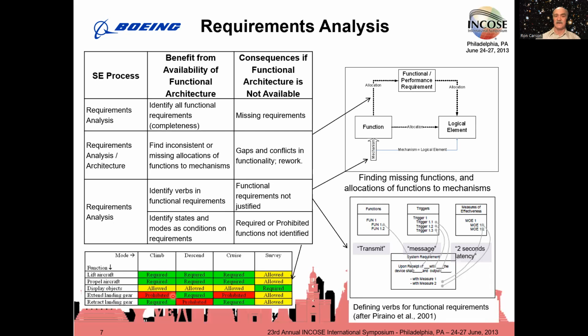And this is not always addressed in many system developments, and they're only found out when there's some sort of tragedy. Anything where we don't have a specific need, we might say, well, it's allowed. And if it's allowed, it means it's not required and it's not prohibited, so we would probably not write a requirement about it because it's not required. But the table allows us to be explicit and complete about the allocations of functionality to different modes of the system that may occur in one or more states of the system.